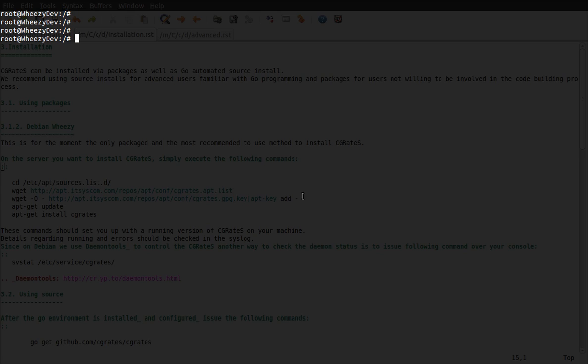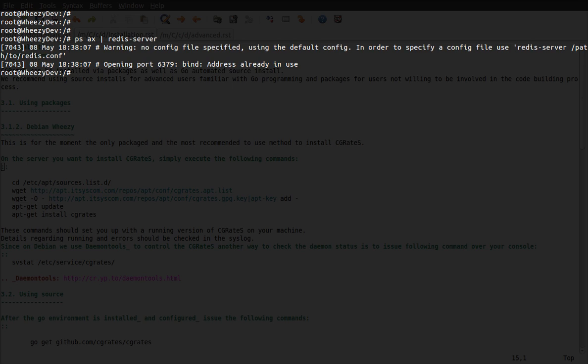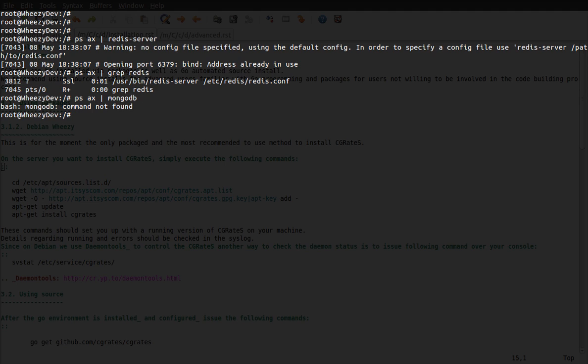So as pre-requirements, I have cheated a bit to speed up the demo process and installed by myself first the Redis. Sorry about that. So the Redis server is running already, and then I have installed also MongoDB to be used as